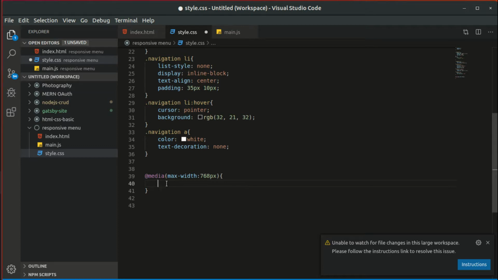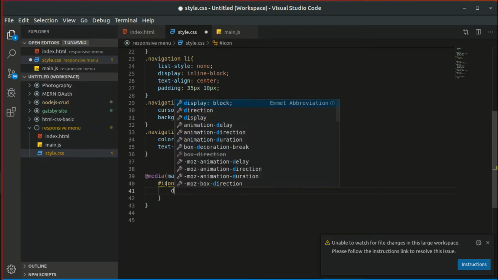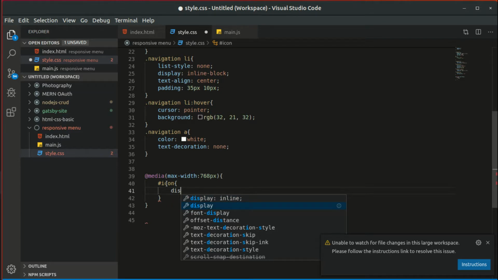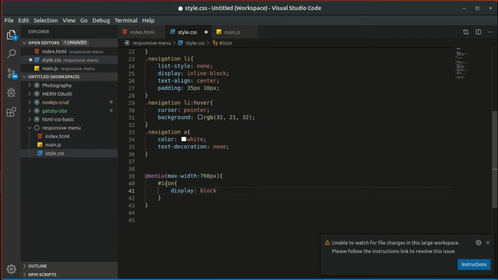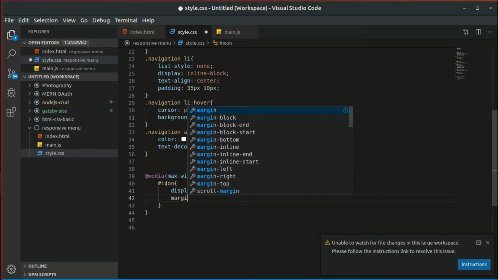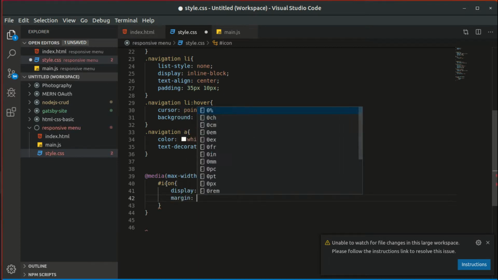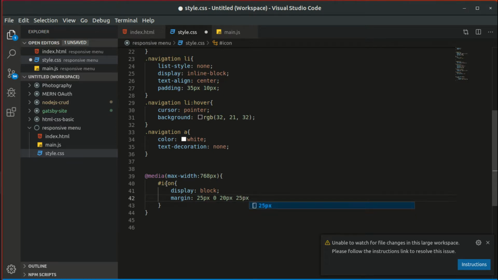Just write hash icon, display block and margin 25 pixel. This is top margin 25 pixel, top, left, bottom, right. I think this is the order. Okay,